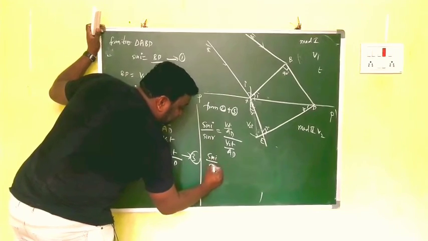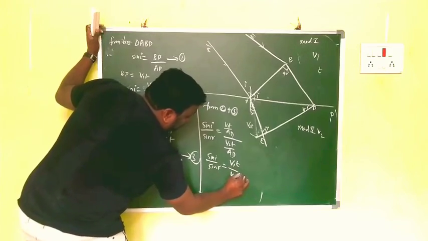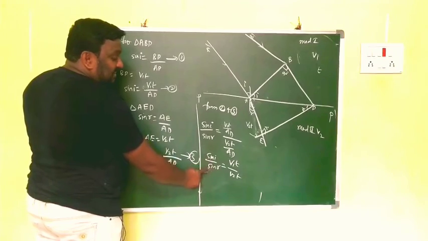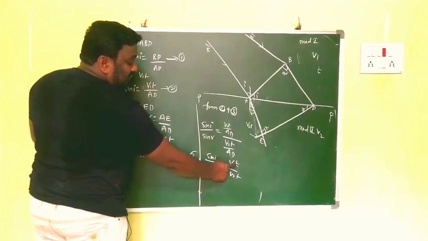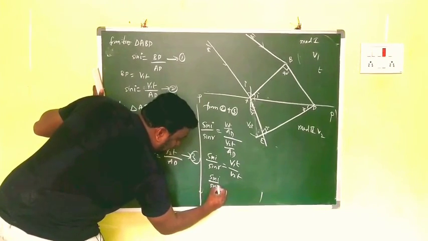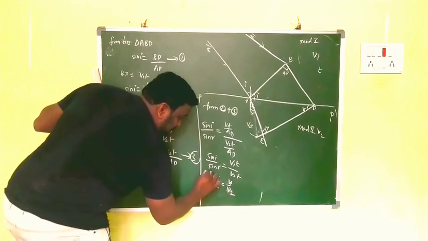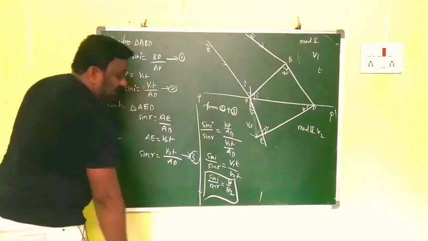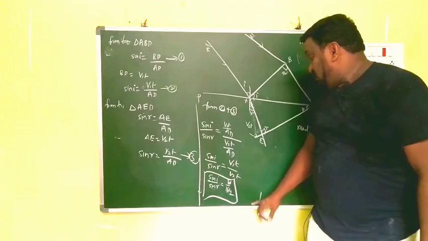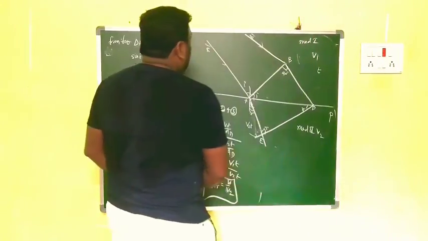Sin I by sin R is equal to simply v1 by v2. So here, sin I by sin R, what do we call it? This is Snell's law. And now here